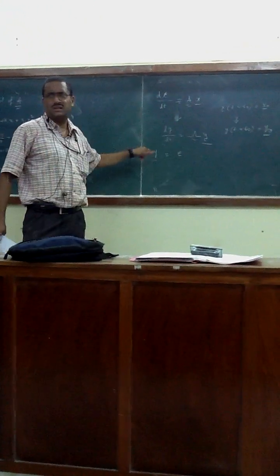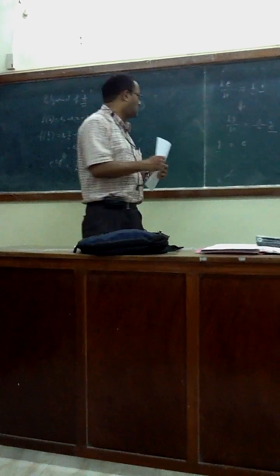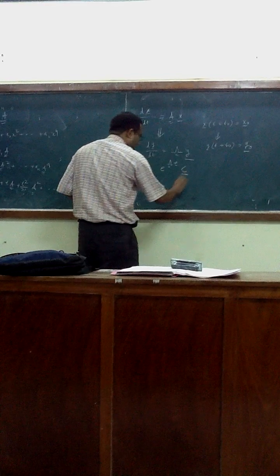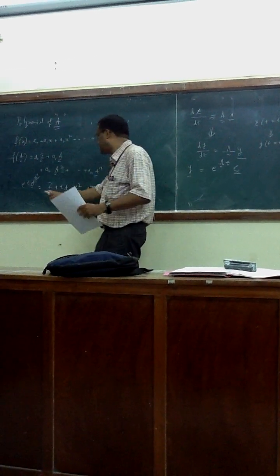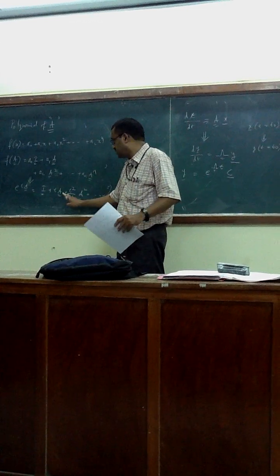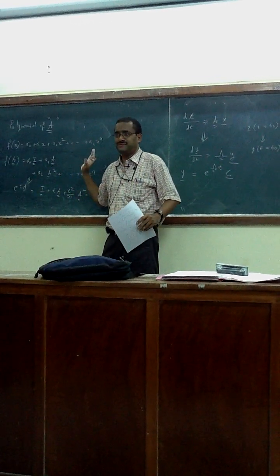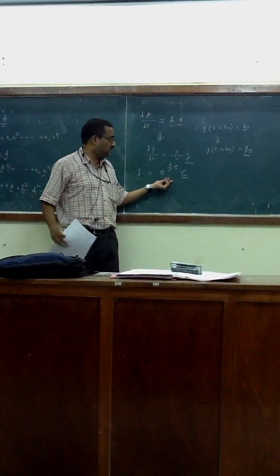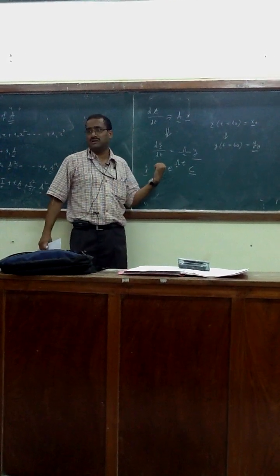We have done this already in the class. I am just quickly revising what we have done. It was e to the power lambda t into c vector. This is a matrix. Why is it a matrix? You can see this is a matrix, this is a matrix, this is a matrix, so this has to be a matrix. This is confirmed from here. This is an n by n matrix, so it has to be n by 1.